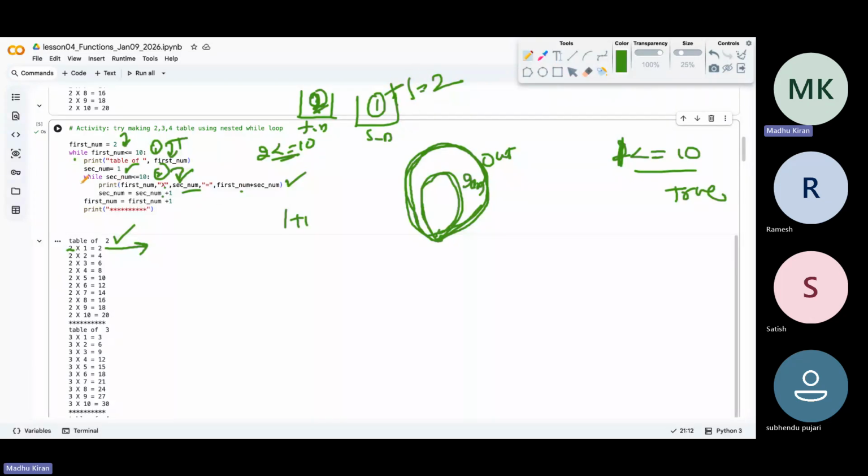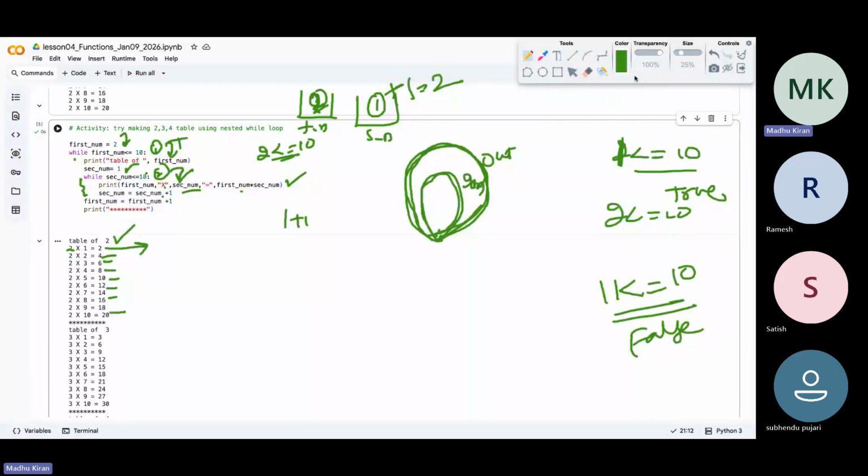So it becomes 2. To come out of this while loop, this condition has to become false, right? So it would keep checking 2 less than or equal to 10. True, so this will still be printed, till the second num becomes 11. After incrementing it to 11, it checks the condition. It's false, so it would come out of this loop. Once you come out of this, it would see one more increment statement, which is for the while